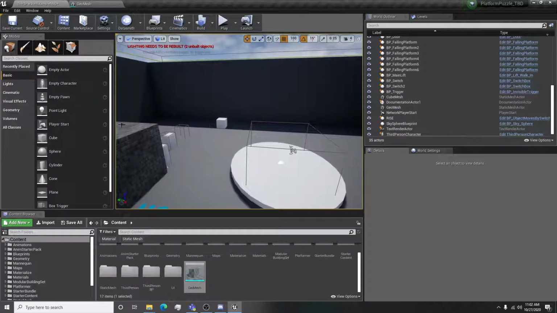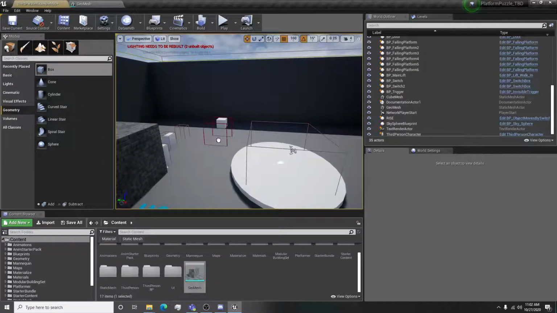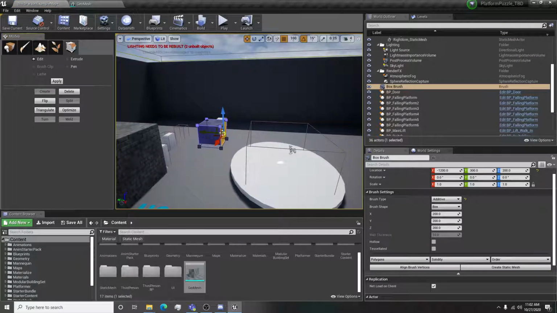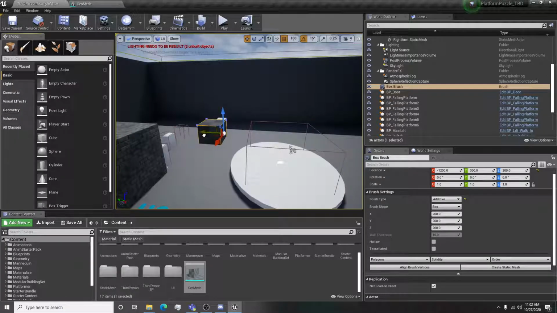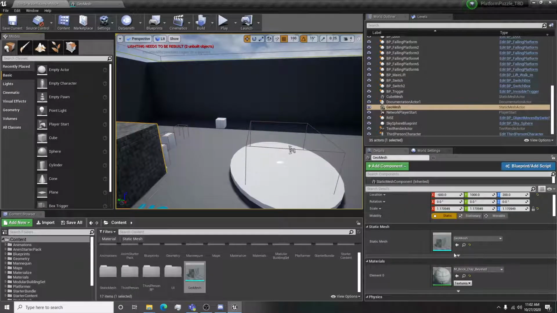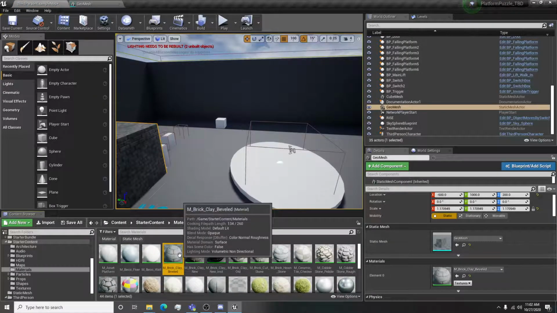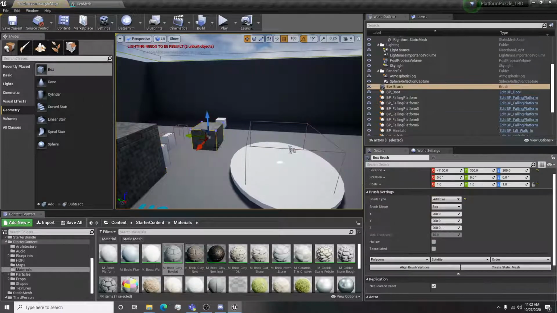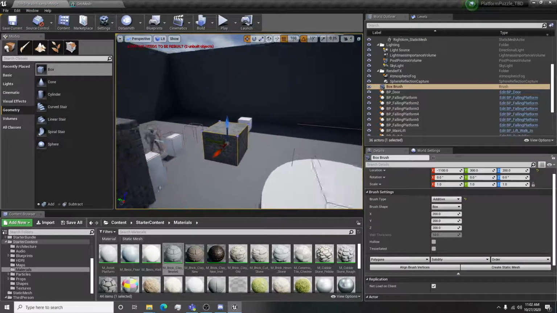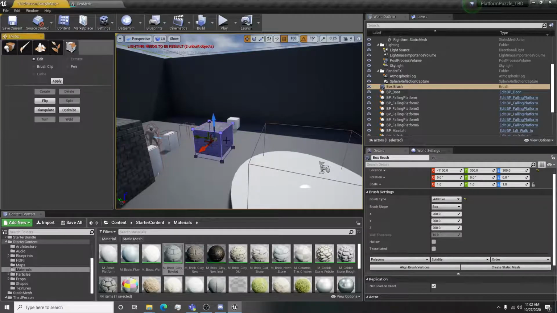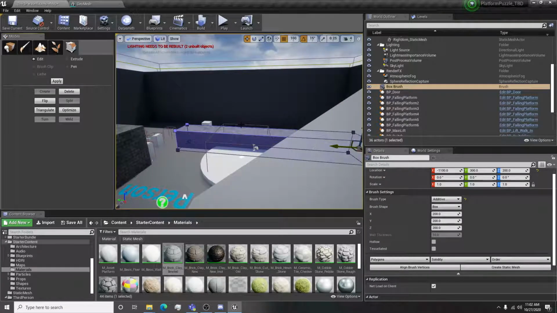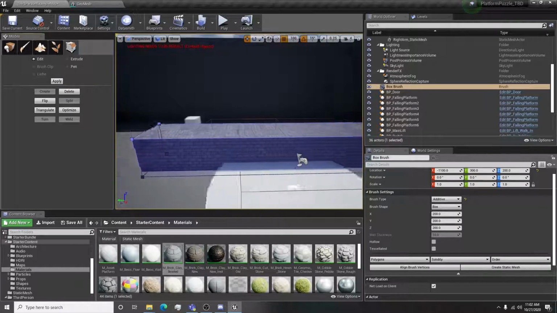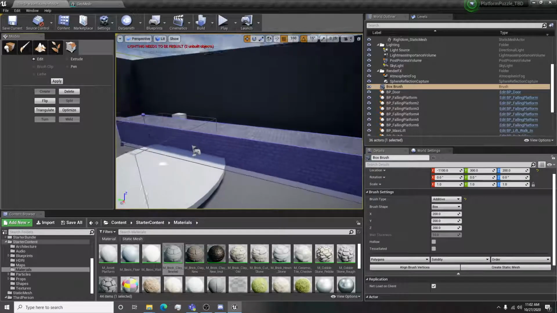So what you could do is get your BSP, figure out exactly how big you want your walls to be. Actually, what I'm going to do, I'm going to find that material. So I have it highlighted. And then I'm going to pull out a piece of geometry. So now it's completely wrapped in that same material. And then I'm going to use transform in the geometry mode. And when I pull it out, it will scale it properly by adding the material to each section. So that's very nice